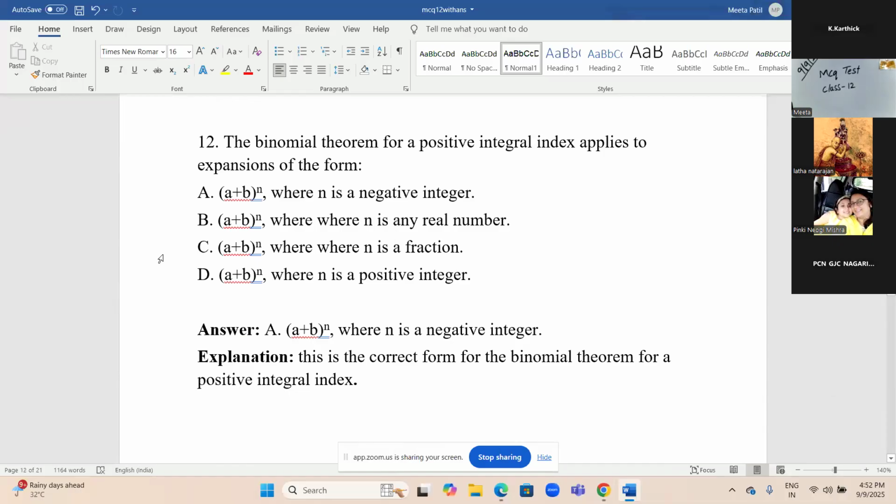Okay, so here you have the 12th question. Binomial theorem for the positive integral index applies to the expansion of which form? So negative integer. If we have negative integers, then also we will apply the binomial theorem, right? And the next one,